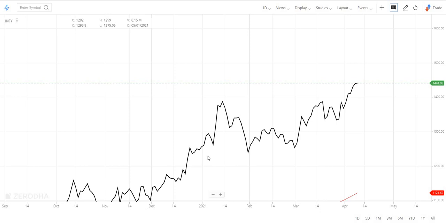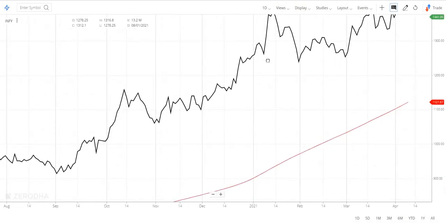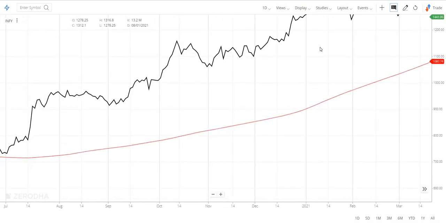So if you have done any kind of study and you have identified that XYZ is a stock we really like and I would like to invest in it, but I need a technical confirmation, and I don't know anything about technical analysis, don't worry. Just go to the charts in any demat account. All demat accounts today give you charts. Open the chart, plot the 200-day SMA, and if you see the prices are above the 200 SMA, that's the bull zone, you can simply buy the stock.